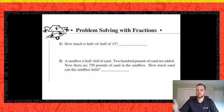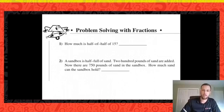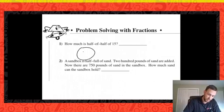So today's going to be very similar to yesterday. We're just going to be doing some word problems and different types of things with fractions. So let's get started with a little bit of a warm-up question. We want to know how much is half of 15? Well, yesterday we did a lot of practice with drawing pictures when we're working on these problems. So if I know that my whole is 15,